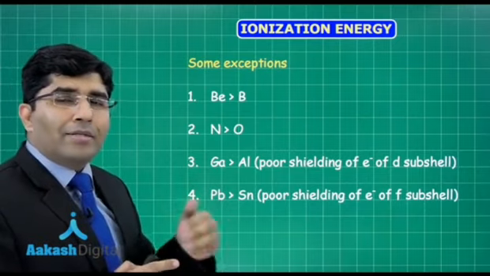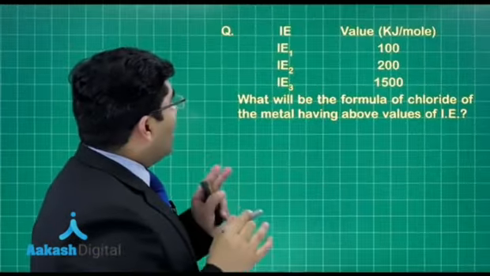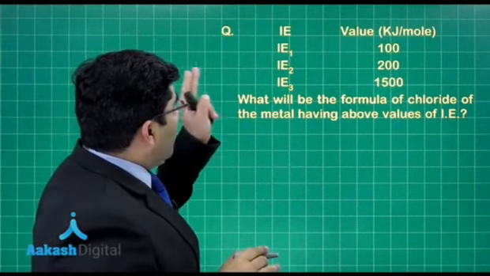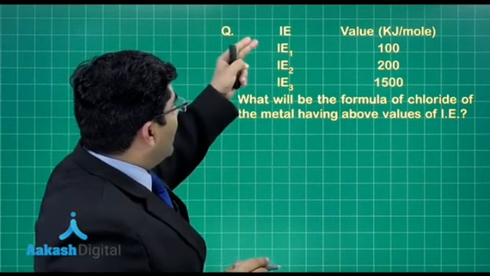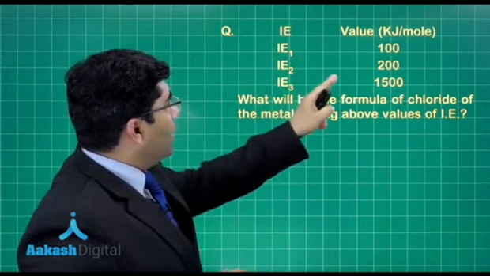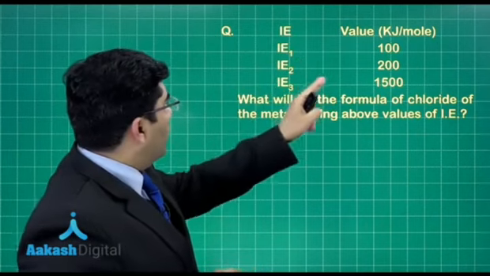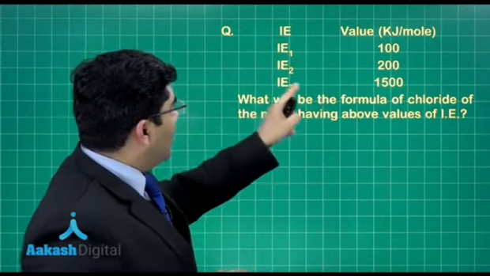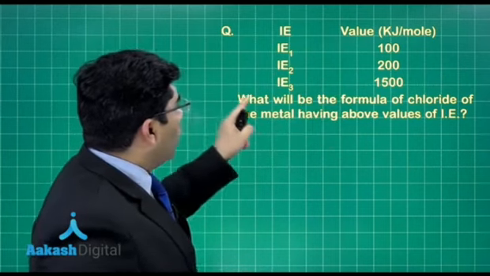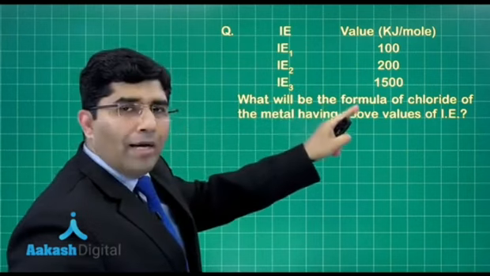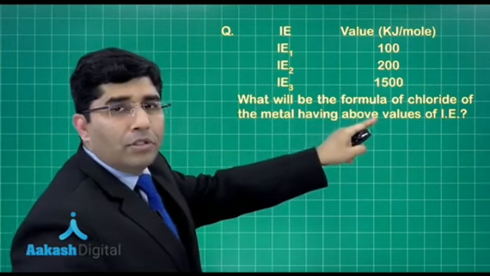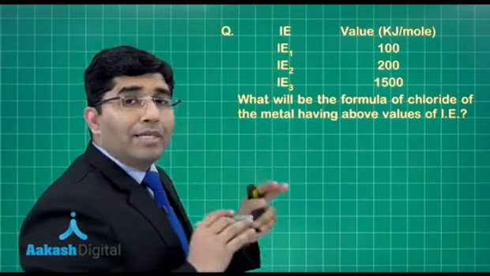Let's solve one question. Now this question is based on ionization energy. Some values are given. Ionization energy in kilojoule per mole. First ionization energy is 100 kilojoule per mole. Second is 200. Third is 1500. And it is asking, what will be the formula of the chloride of the metal having the above values of ionization energy? Now what we have to do in these types of questions,